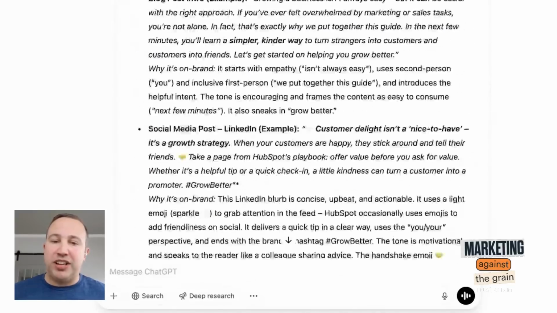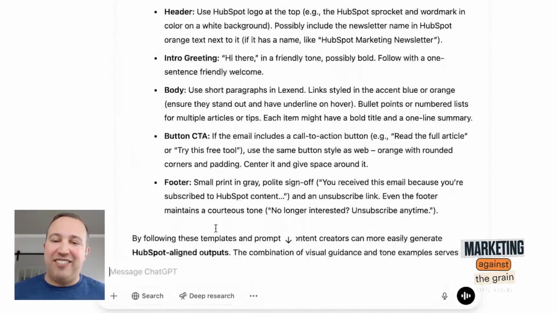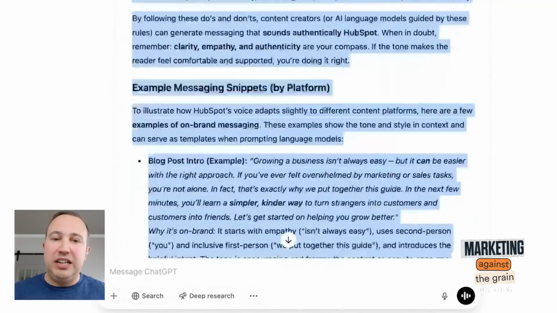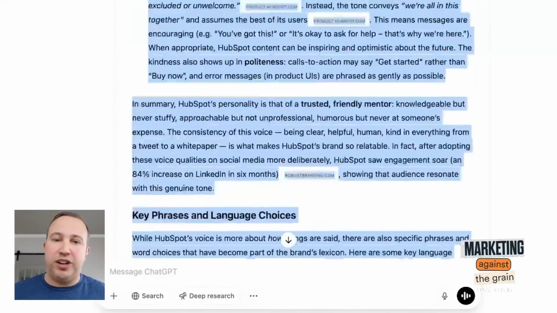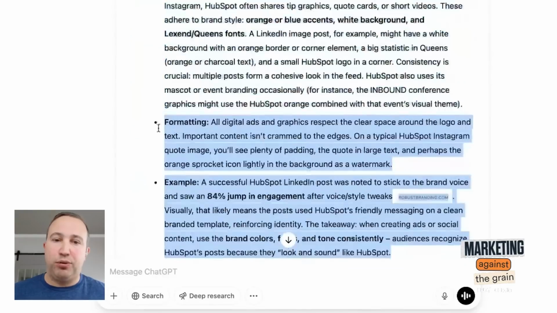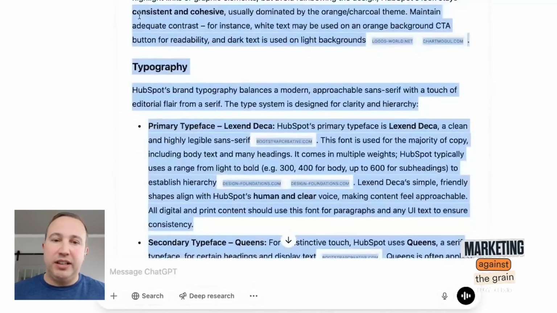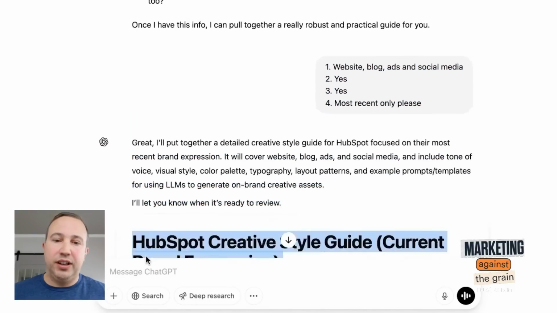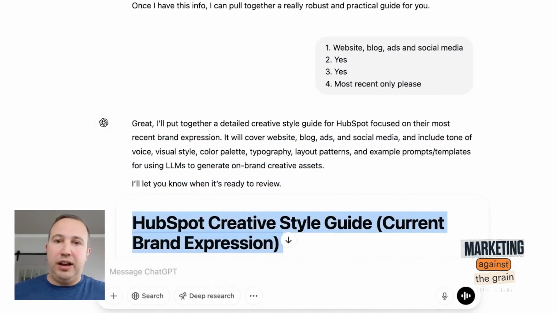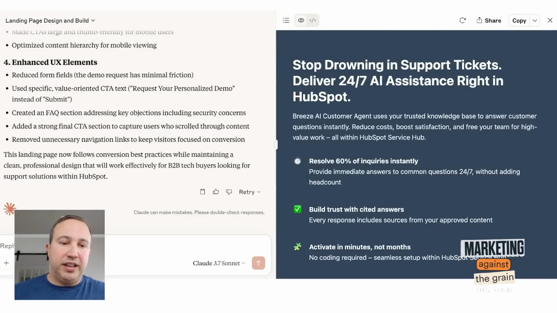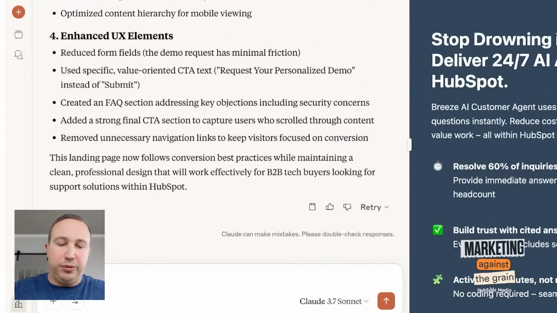If there's a brand you just really like and you want to have a style like them, you can build anything in any style, and you don't need anything other than a deep research project to do that, right? Which is pretty wild. And so what I'll do real quick to see what it does is I will copy all of this and put it over into Claude. I'll come down here and say, using the following style info, update the page.